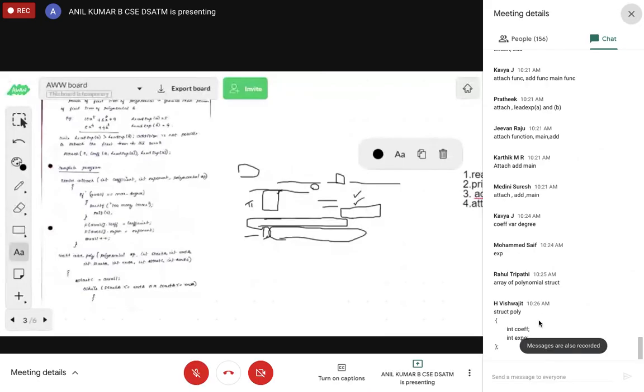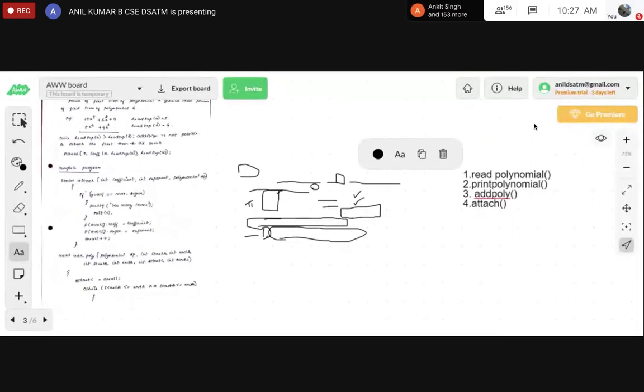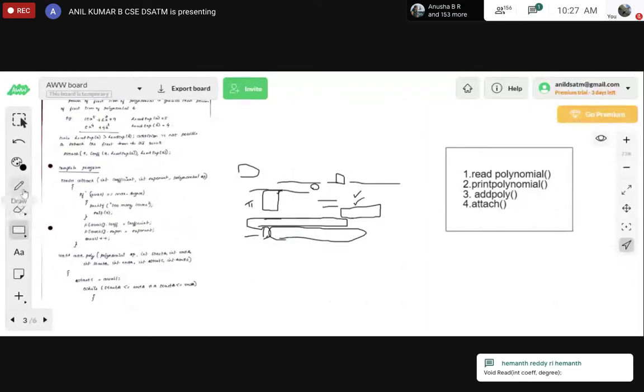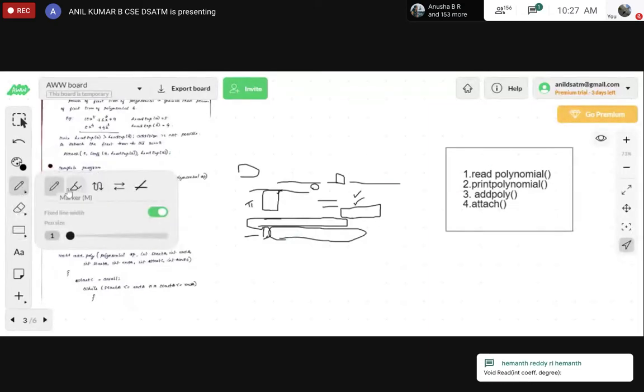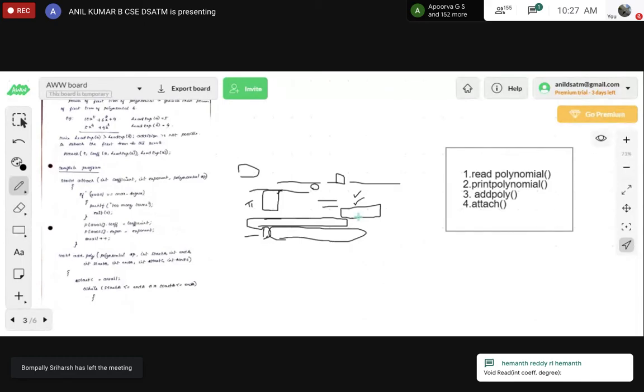See, I am not asking the structure, Vishwajit. Listen carefully. Here four functions I mentioned. For these four functions, I want a prototype to be written on the message.